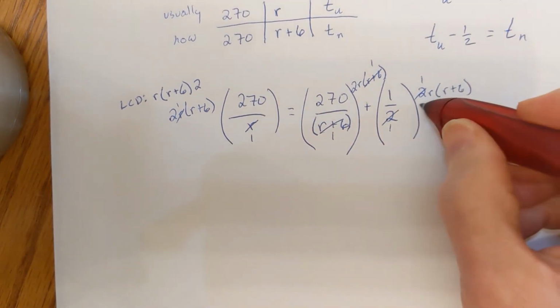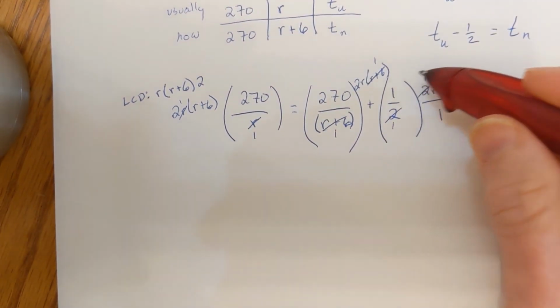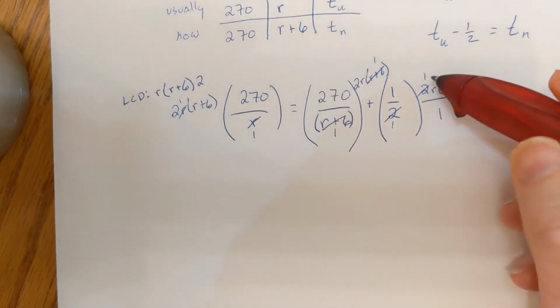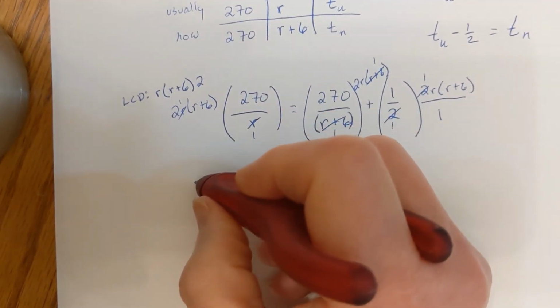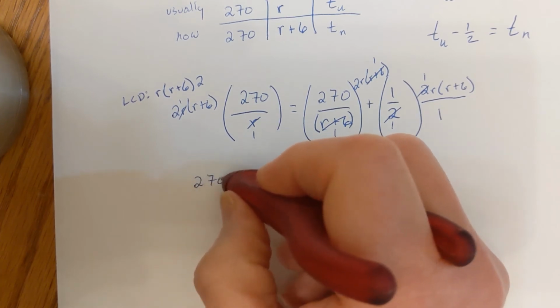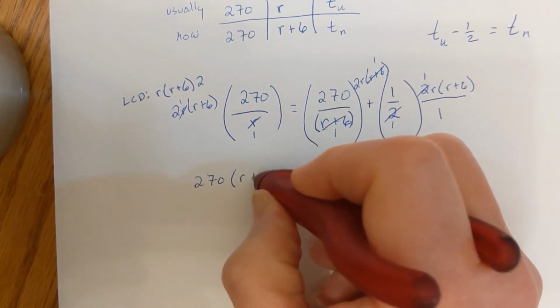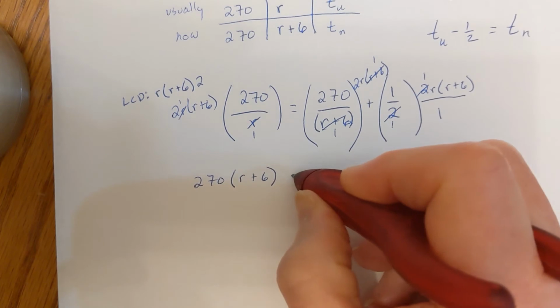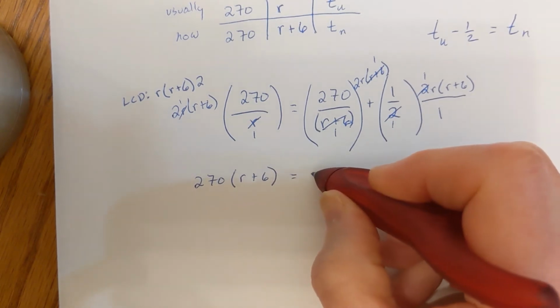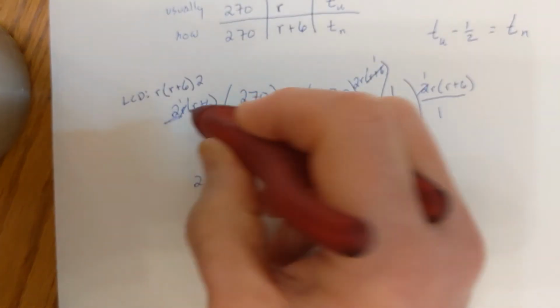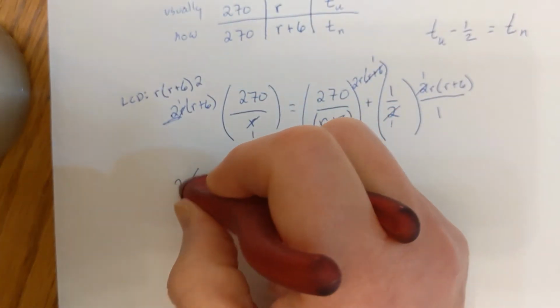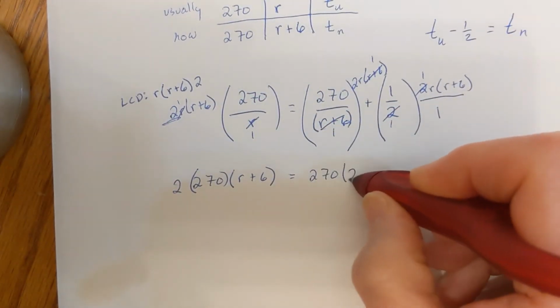If it helps, make them look like fractions so you know that you're dividing numerator and denominator when you divide out. So now I have 270 times R plus 6 equals 270, I lost this 2, times 2 times 2R